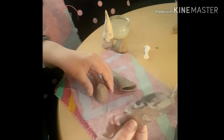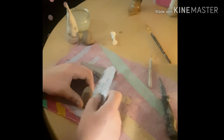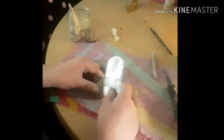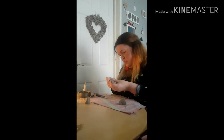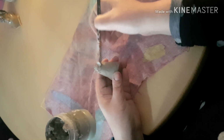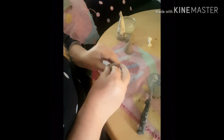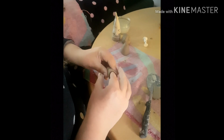With our serrated kidney, we're going to score the top half of your body. This is to ensure both surfaces bond. Just gently on the hat. And now apply slurry to the serrated areas to ensure the body and the hat are attached. Using our fingers, we're going to gently stretch a little the base of the hat to ensure it goes over